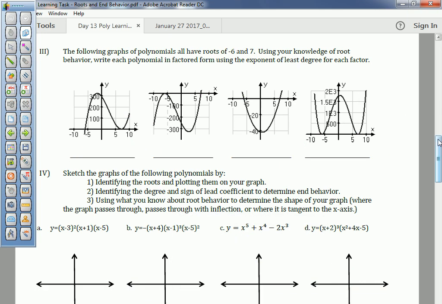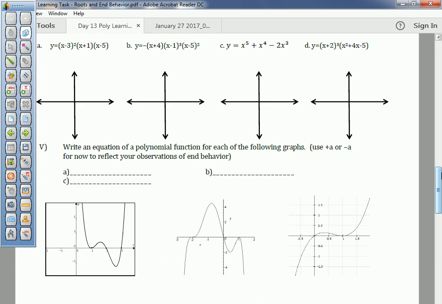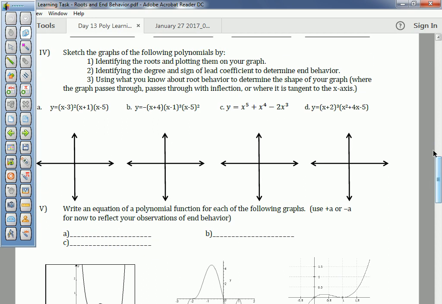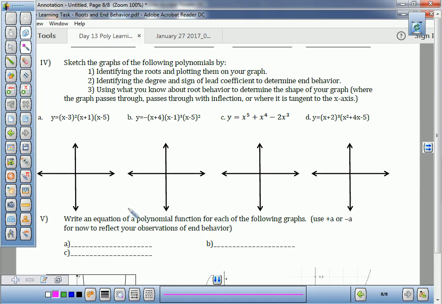Now you're asked to sketch the graphs. So I want you to hit pause. I want you to try your best. Ask questions if you do not know what to do, and then press play when you're ready to check your